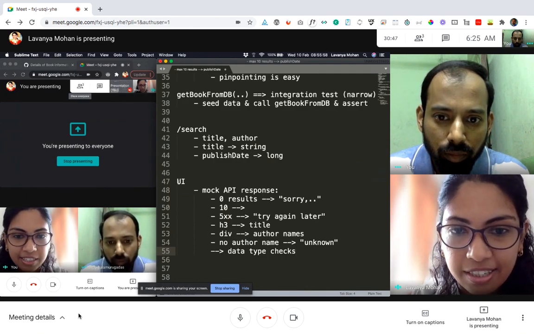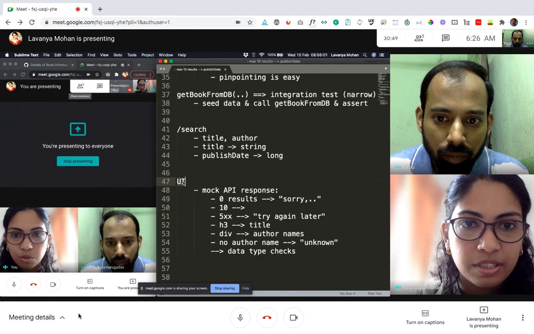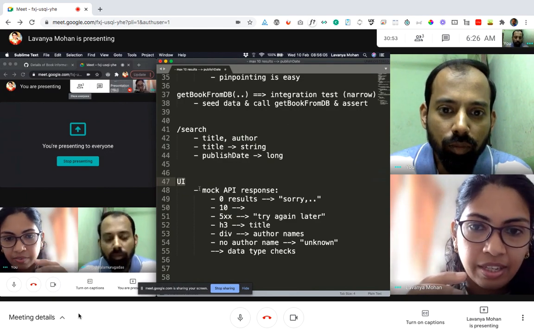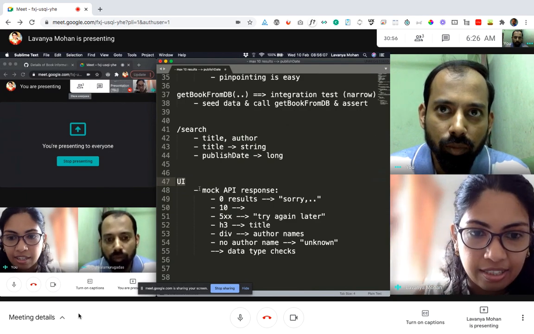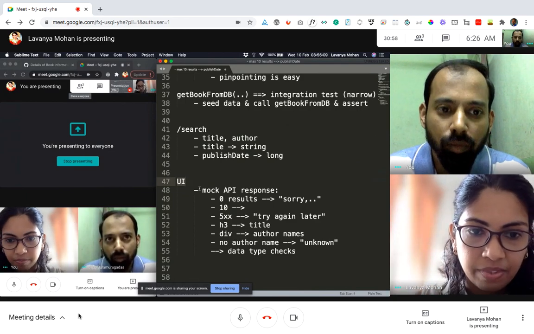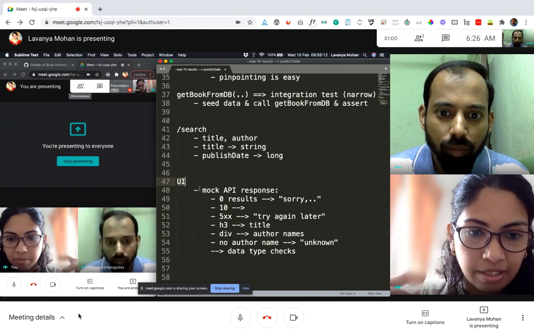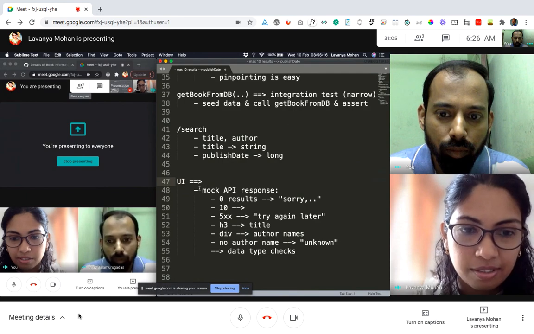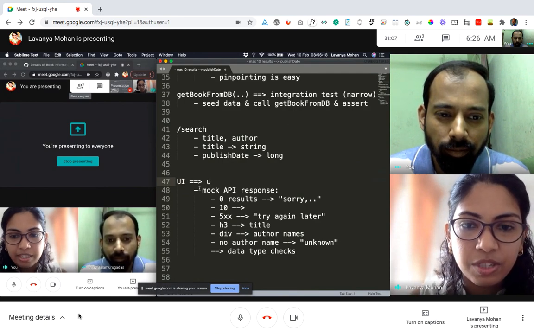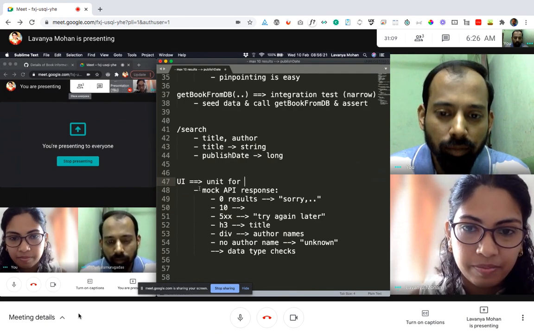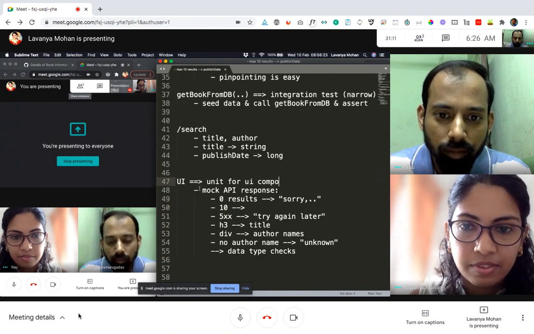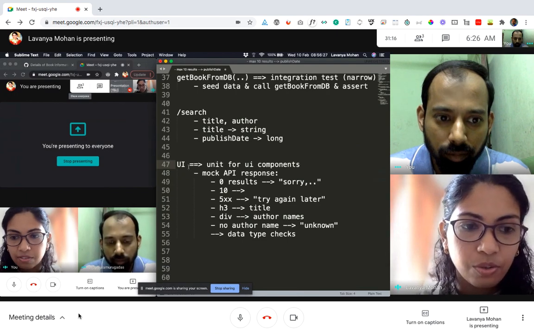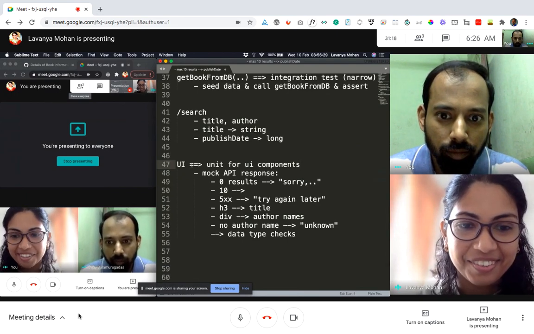So what we just did here is we took this search results component on the UI side. We mocked the data that the search results component actually uses, and we tested that component independently. So if you think about it, this is also a form of unit test, but a unit test for the UI components. A lot of libraries actually support this, so it's heavily recommended that we do this.